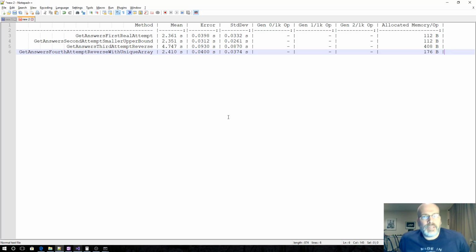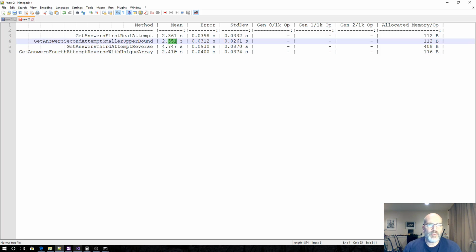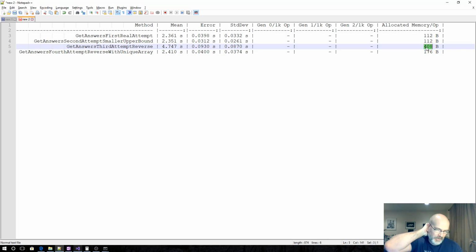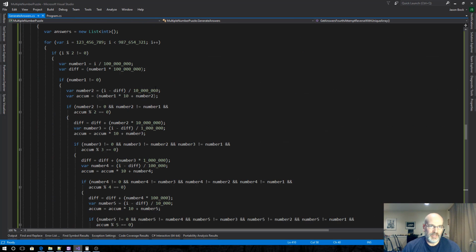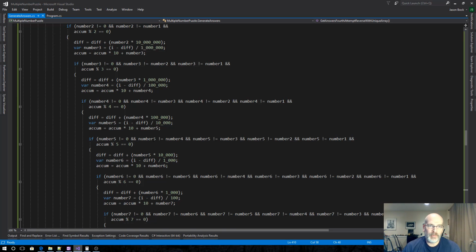It did get better. It's almost comparable to the fastest one. Not quite there, and even these two are almost the same. This one's slightly slower, consumes a little bit more memory, not as much as when you use a HashSet. I guess some thoughts on this is mainly that sometimes, I hate to say this, but sometimes when you write code that looks like this, which is quite crappy to be honest,